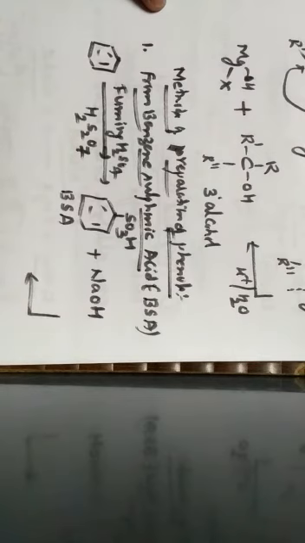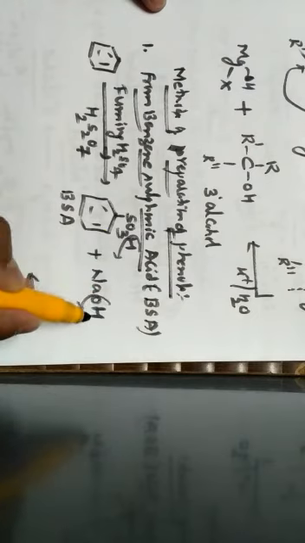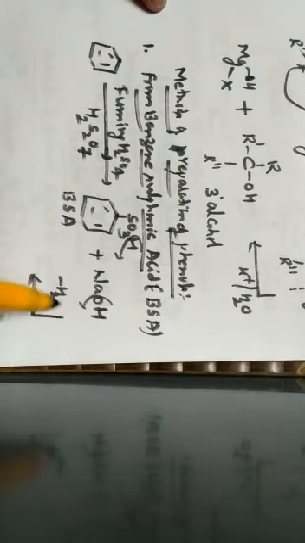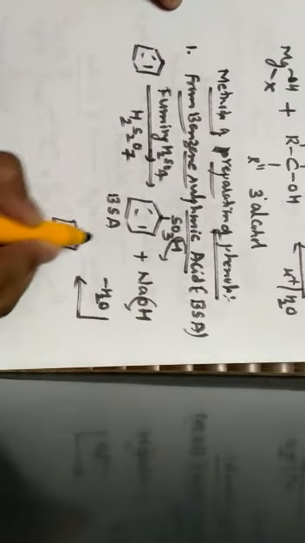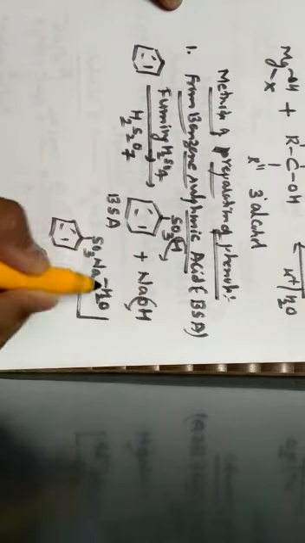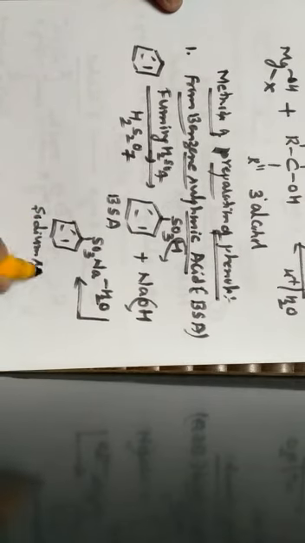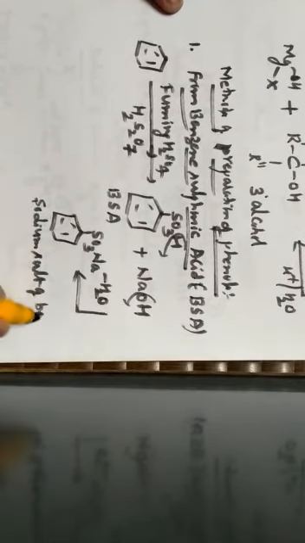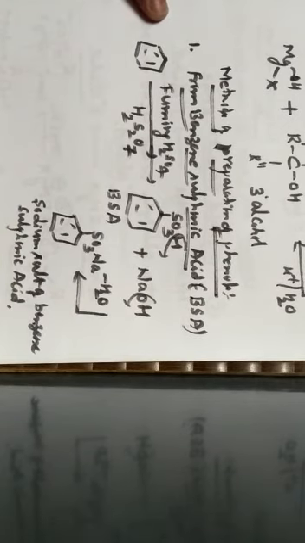NaOH. So when it is made to react with NaOH, here H plus is more acidic, which is eliminated, and this OH minus will bind with H plus, such that water molecule gets eliminated. So when the water molecule gets eliminated, this becomes what? SO3Na, that is sodium benzene sulfonate or sodium salt of benzene sulfonic acid. You can also call this sodium salt of benzene sulfonic acid.